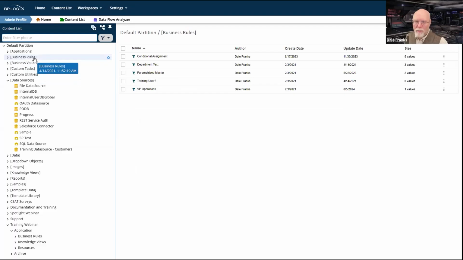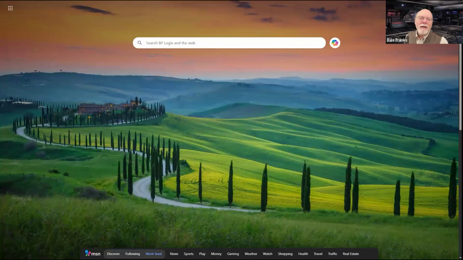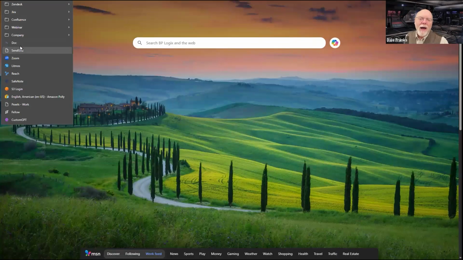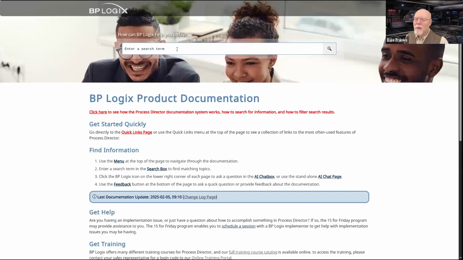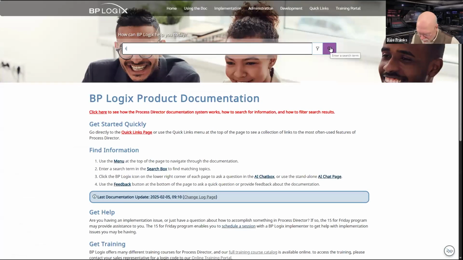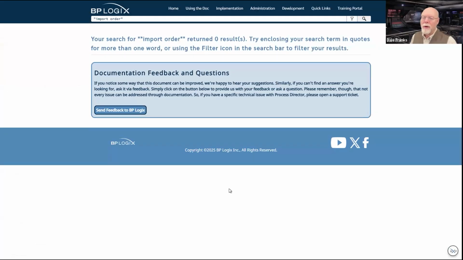So it's important to remember that there is an order of import, which I discuss in the documentation, and I don't remember exactly where it is, but I think a search for import order, in fact, I think a search for the exact term import order will return no results.